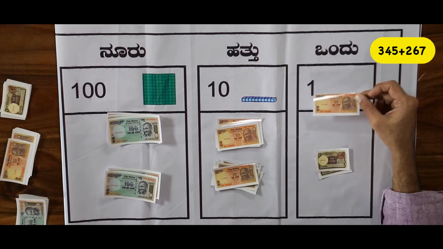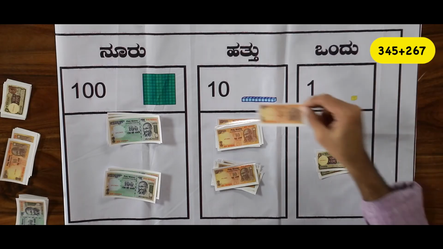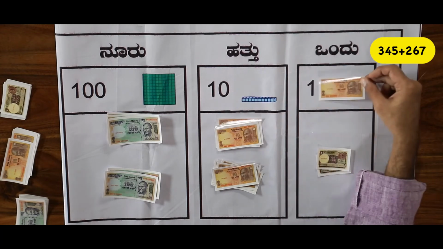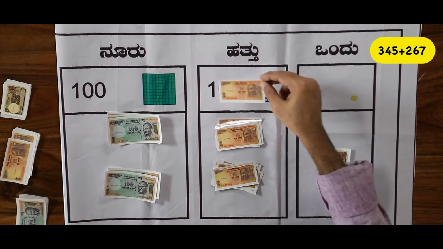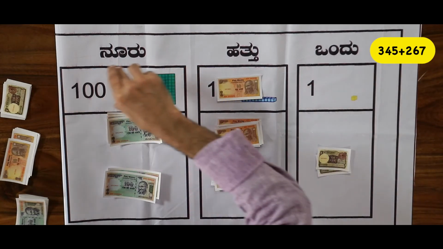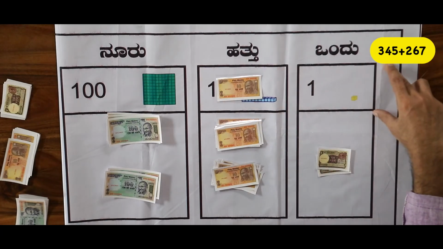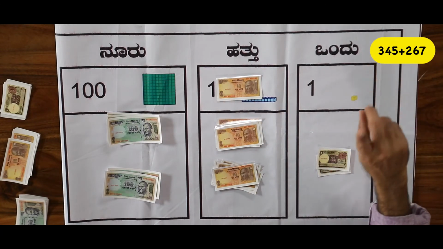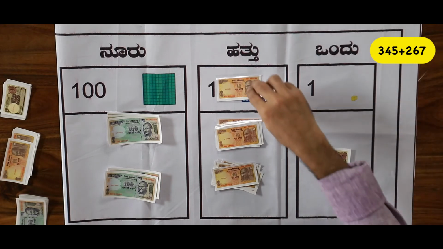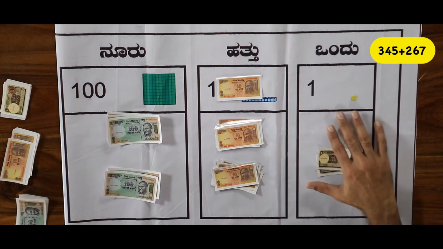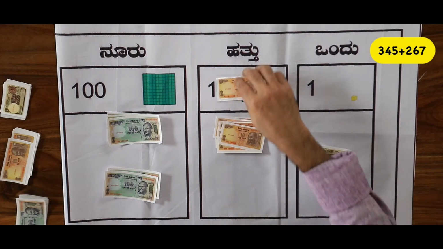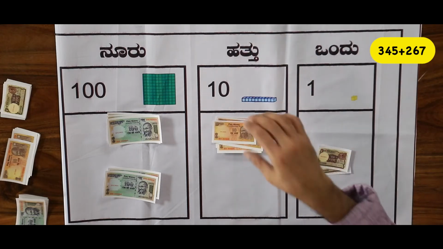Now, the 10 rupees that is taken from the bank should be placed here or here? It should be placed here, as this is the tens place. Observe this here. This place is reserved for carryovers. We will look at the same thing in the representation stage. So, in the tens place, we will be doing the addition, like what we did here. Let us put this together.